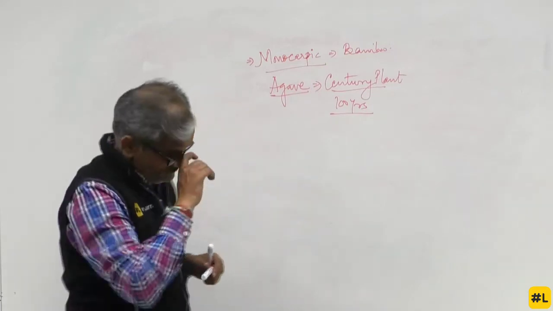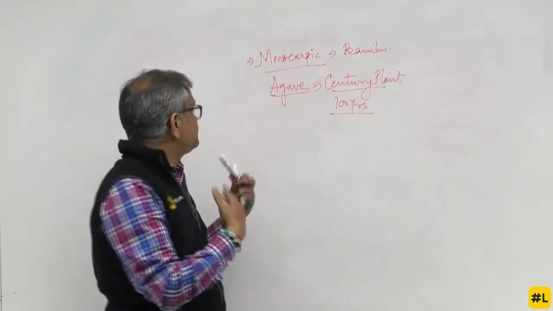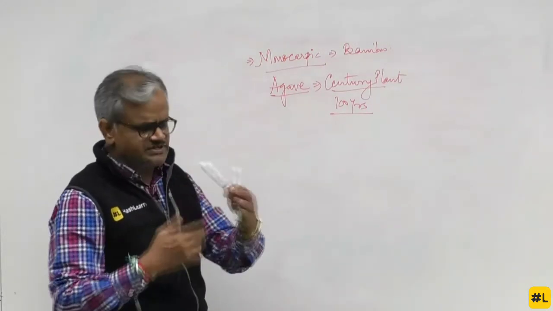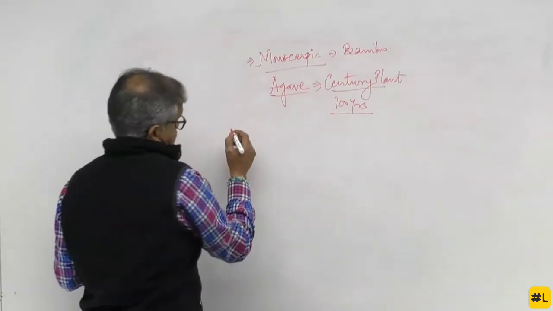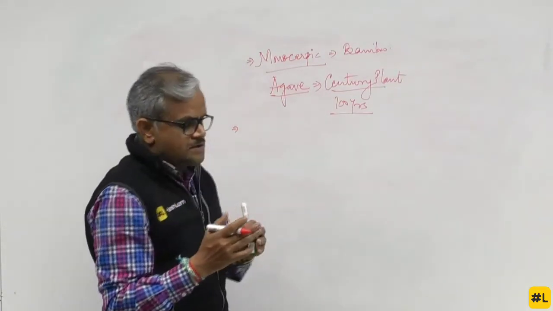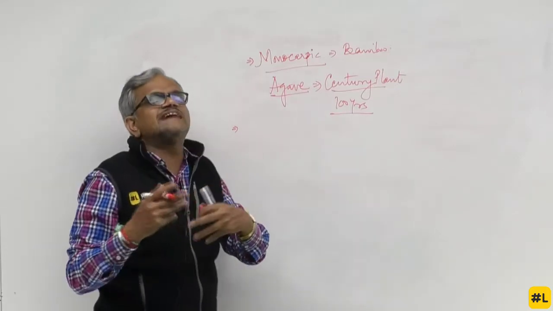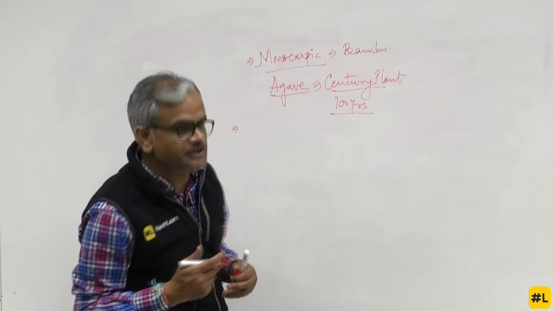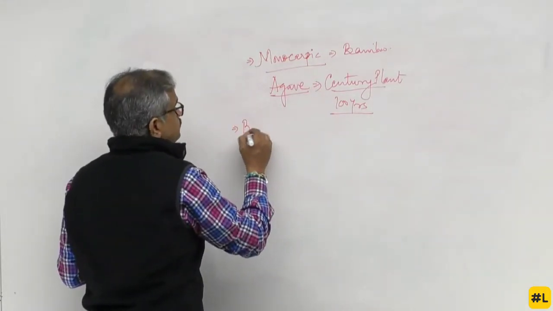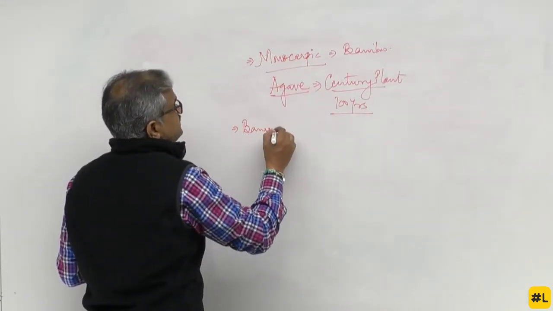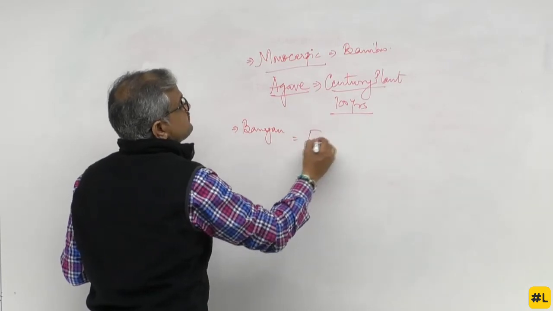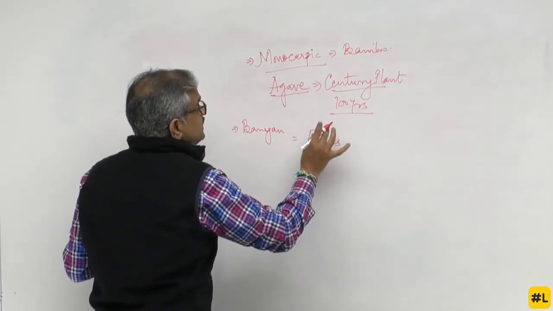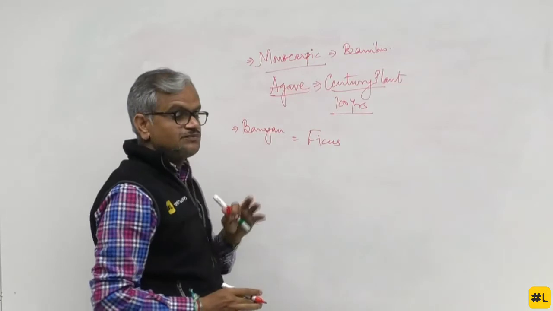Right? Now, from here, I'll just tell you certain interesting facts about the national tree of our country. I know the national flower, you know. National tree of our country, I know you will tell banyan tree, but I need the scientific name. I know all of you say Ficus. So here I'll tell you, Ficus has 4 species.